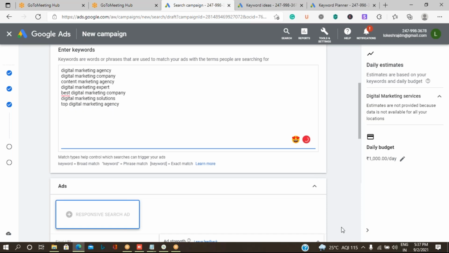Okay, so you can keep it like this. Now when you are going to write keywords on the ads, people may use the same word, or they may use a prefix or suffix. Suppose people type it as digital marketing agency in Bangalore, or they may type it as India. They may be very specific over there.